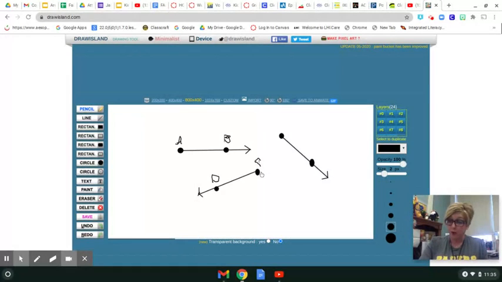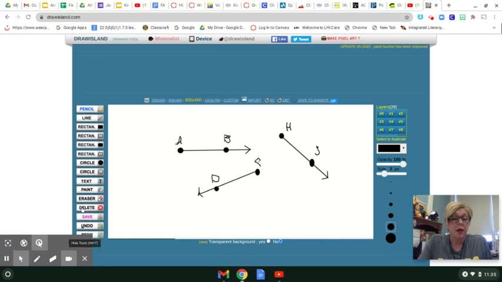I'm going to start at the endpoint and name it that way. Okay, so those are all different examples of rays. I know I didn't label this one. I could call this ray H J. Again, I don't have to use letters that are in order in the alphabet. I can kind of choose. A lot of times they are A, B, C, D, E, F, in order, but it's not